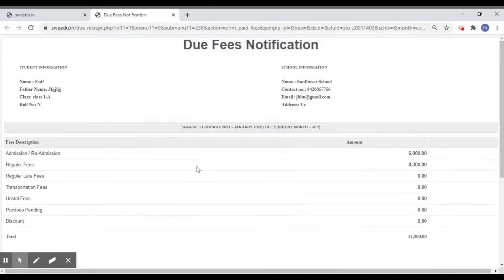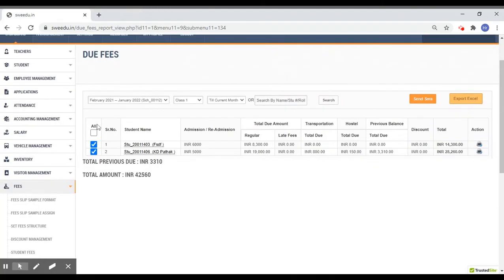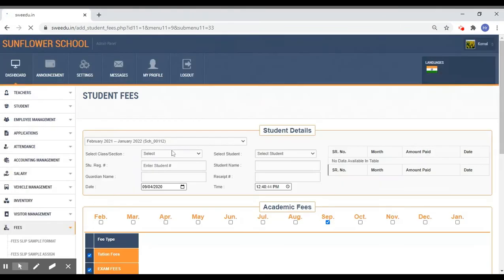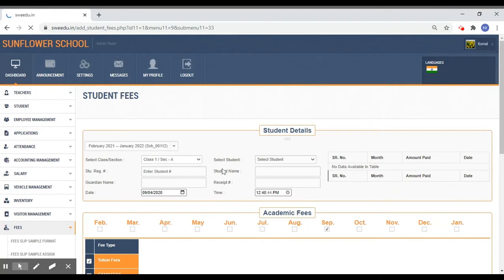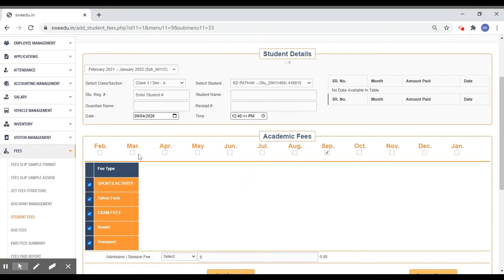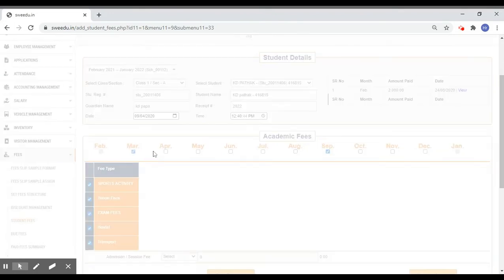In student fees, payment of the fees can be done by selecting the month for which it needs to be paid along with the mode of payment.